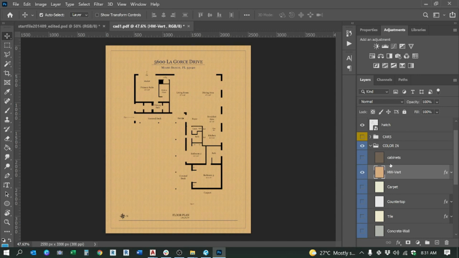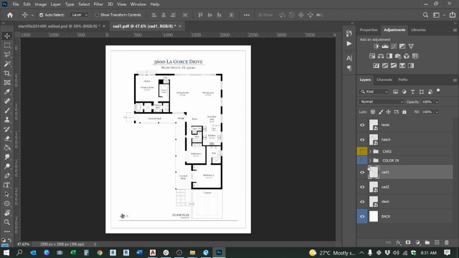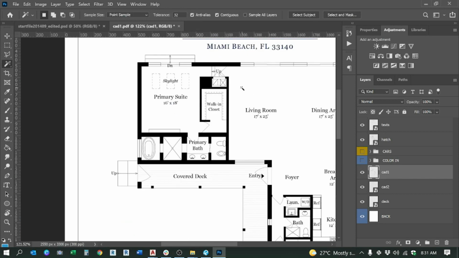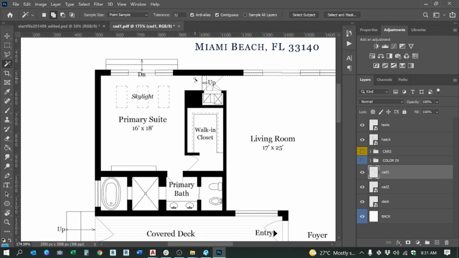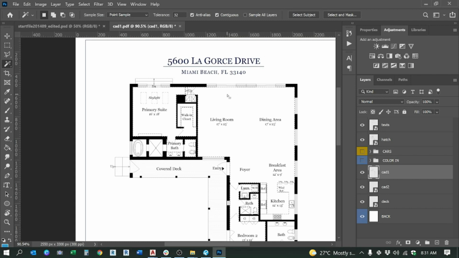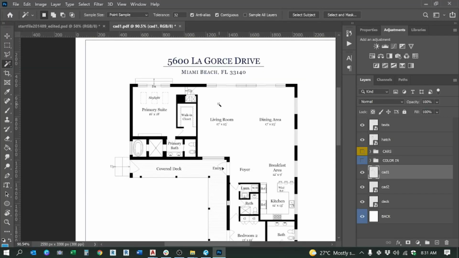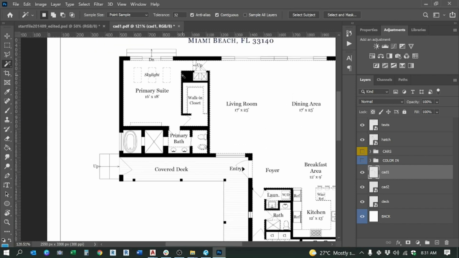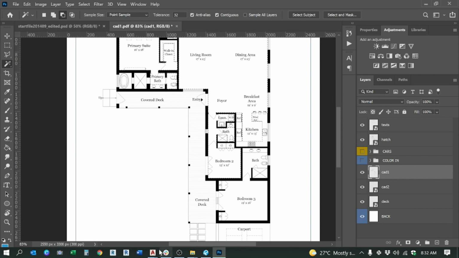unhide, and then go back to CAD 1. Okay, unhide this first. We will click on this part where we want the flooring. Okay, so in this floor plan, we will use wood floors on most parts of the house. Okay,